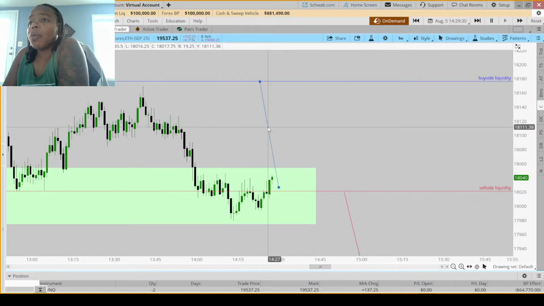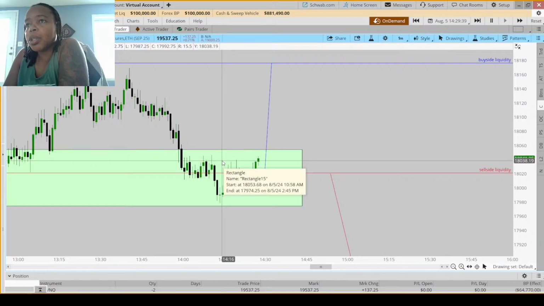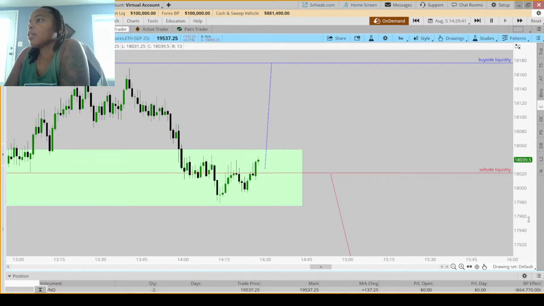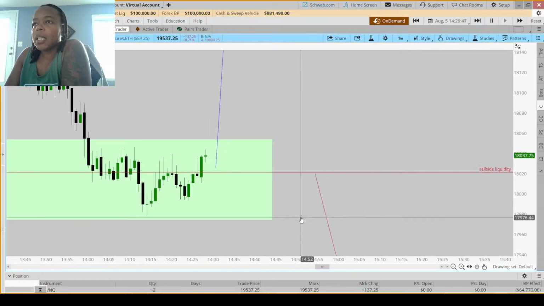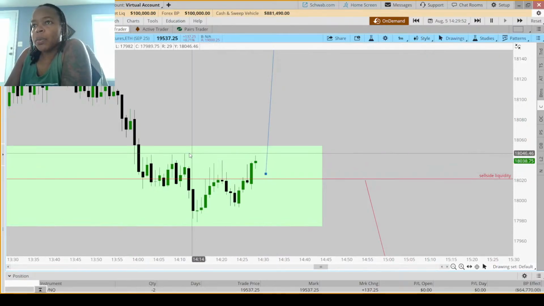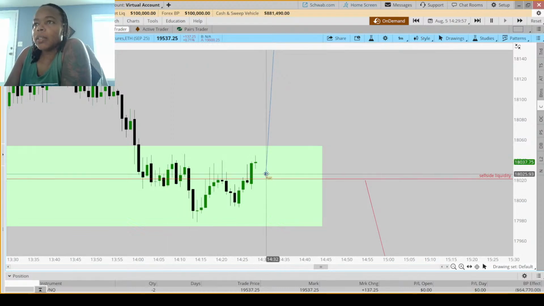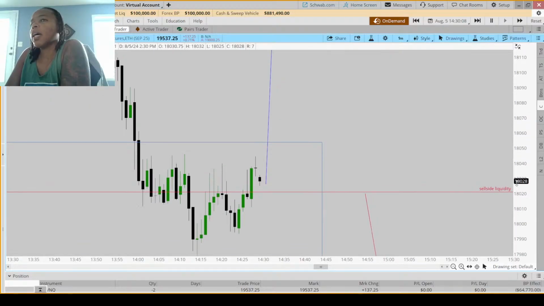So now this is what I want. I'd want my entry here to take out that high there. So we finally got a shift. Come on. Yes. It's looking much better. It's not great, it's not amazing, but it's looking more like it. We got a weak shift here. So that would force me to move my entry to the body of this thing instead. There's also this juiciness right down here that makes me want to get in as well.